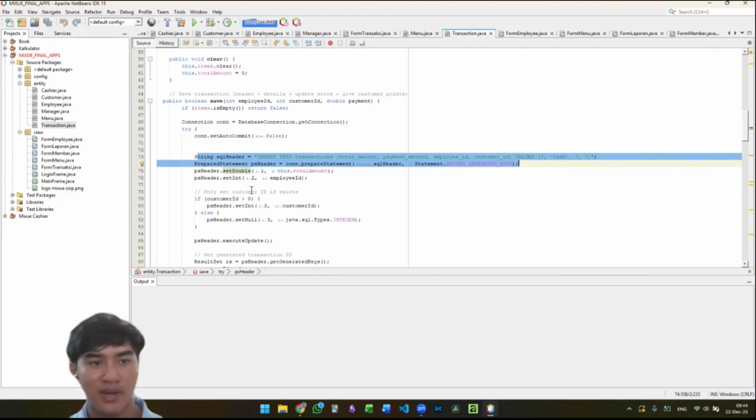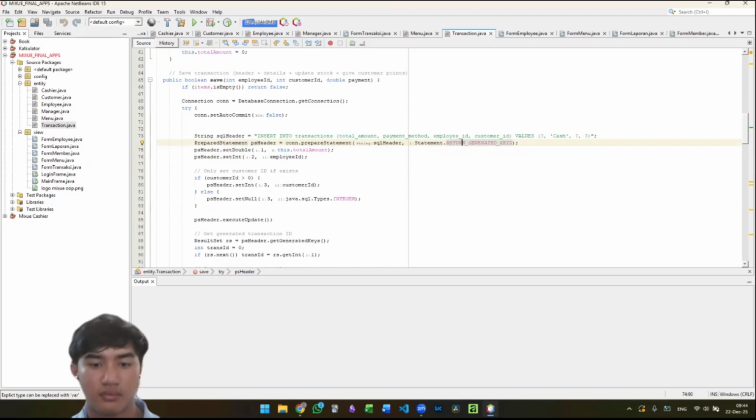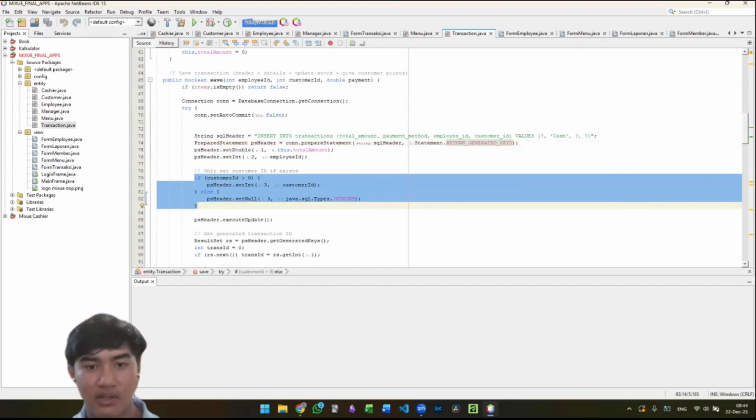If there's no such customer ID, then it will not save to the customer. So here we also have if customer ID is bigger than 0, meaning if the customer exists, then it will save the ID. If not, then it will be saving a null.